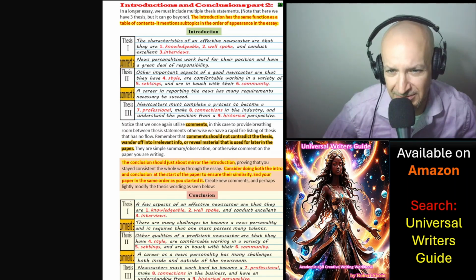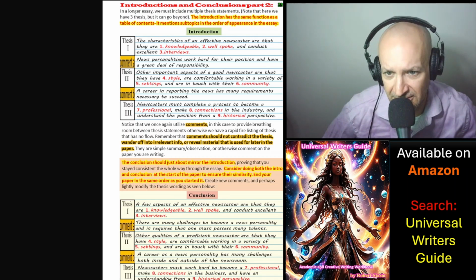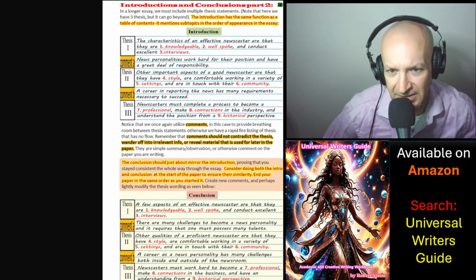So comment A, news personalities work hard for the position, have a great deal of responsibility. Thesis 2, other important aspects of a good newscaster are that they have style, 4, comfortable working in a variety of settings, 5, and are in touch with their community, 6. A career in reporting the news has many requirements necessary to succeed. Comment B, right? You see how that spaces that out from the thesis,